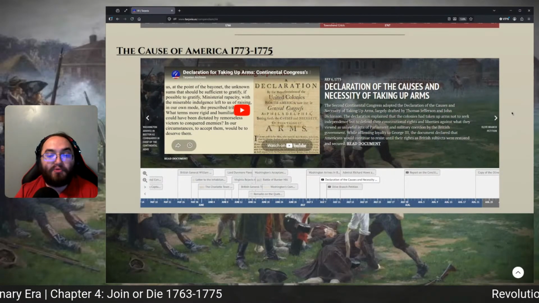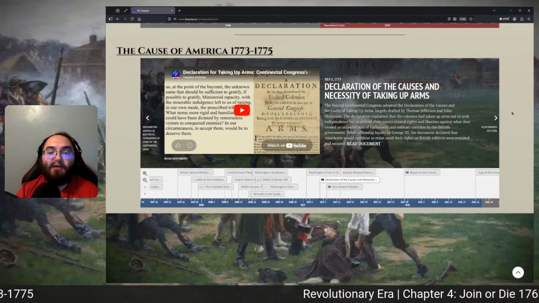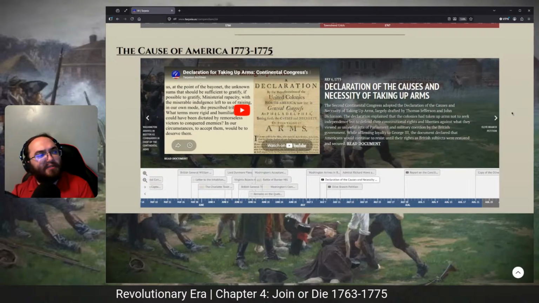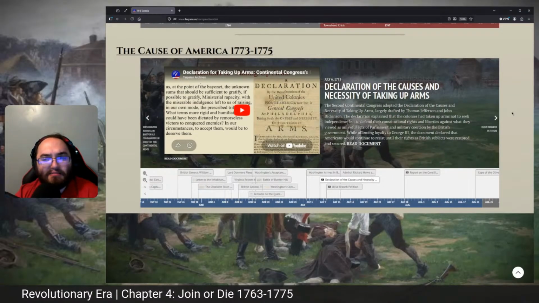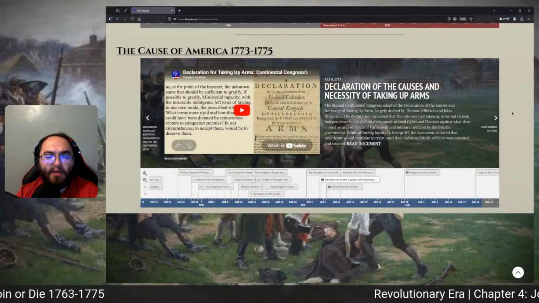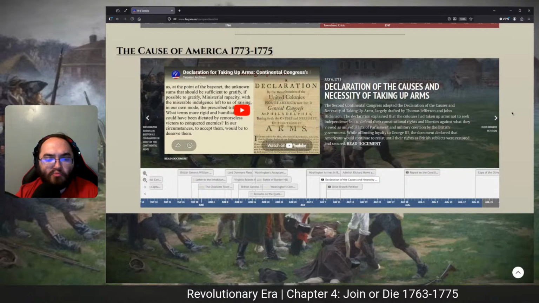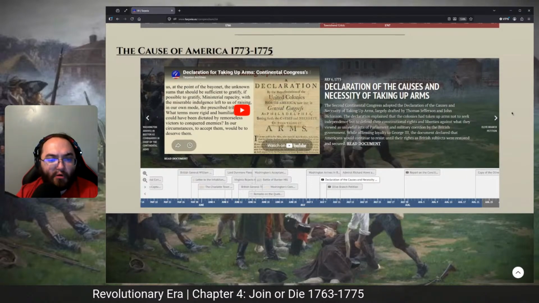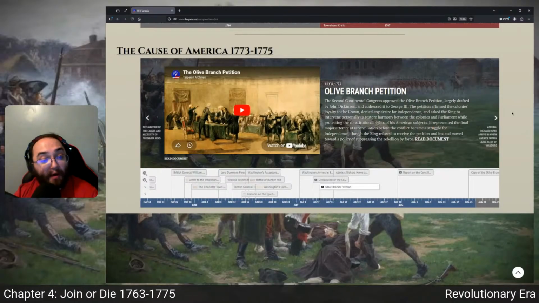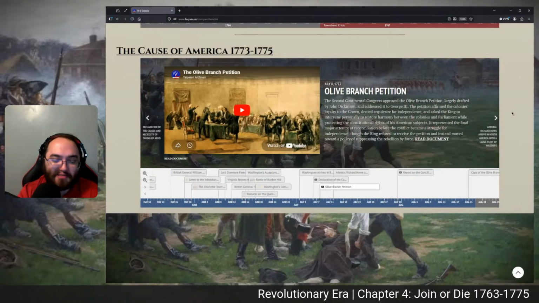The Second Continental Congress will pass a declaration of the causes and necessity of taking up arms. This is the Second Continental Congress's attempt at justifying what happened at Lexington and Concord, while also trying to reconcile with Parliament. In fact, the attempt at reconciliation by the colonists in response to Parliament's attempt at reconciliation is